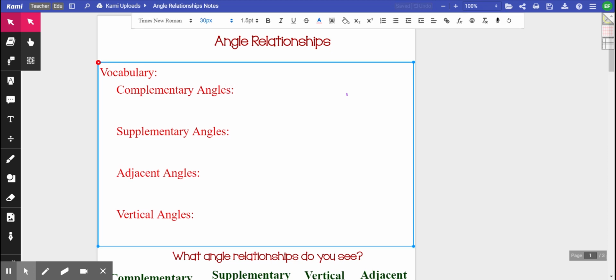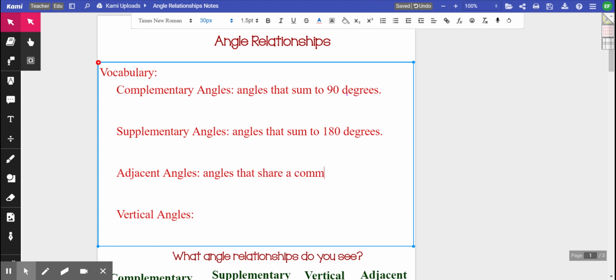Complementary angles. Complementary angles are any angles that added together sum to 90 degrees. So angles that sum to 90 degrees. Supplementary angles are angles that sum to 180 degrees. Adjacent angles. Adjacent just means next to, so it's any angles that share a common ray or a side. So angles that share a common ray, and I'll go through what that looks like and then I'll draw you